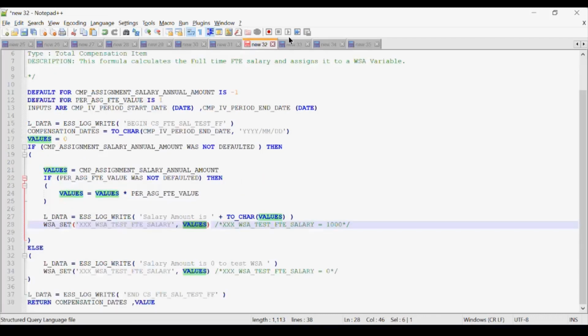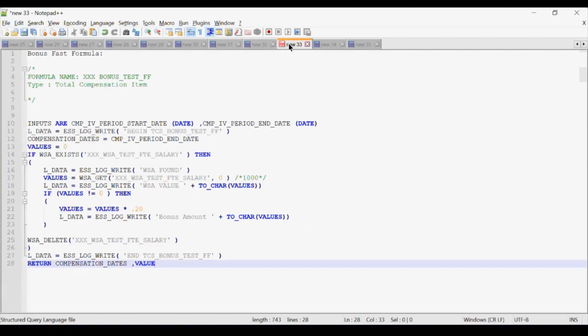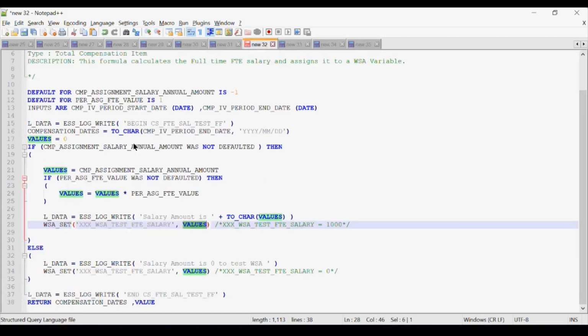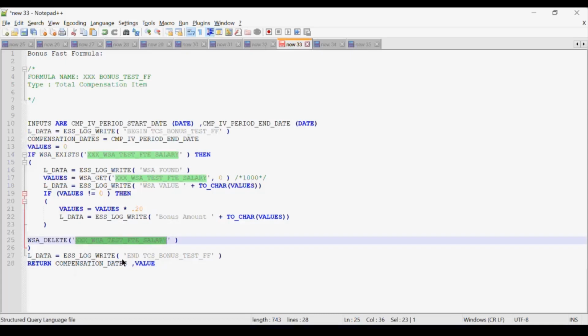So you can use this feature to call multiple times. You can call this for looping purposes. Why we have to delete is, if you see this annual FTE, the salary calculation and bonus calculation formulas will execute for all associates. If you have 10 associates, both formulas will execute 10 times, once for each associate, right? So for the first associate, this portion of the formula executes, you declare the local variable, and you come back to the other formula and execute the bonus area. And so it is always suggested to delete because